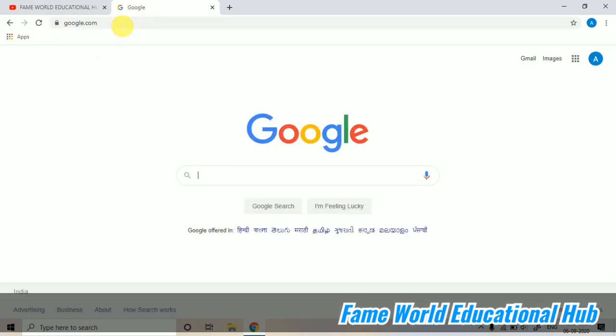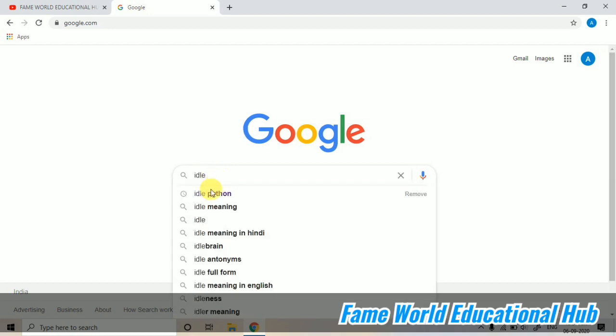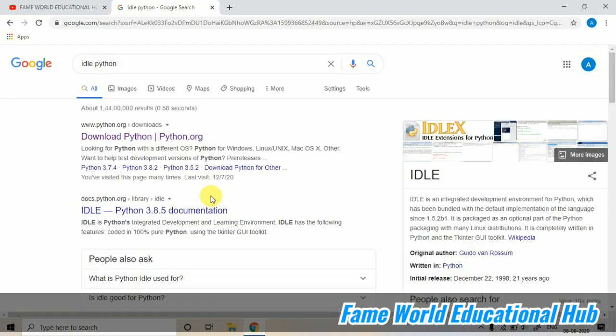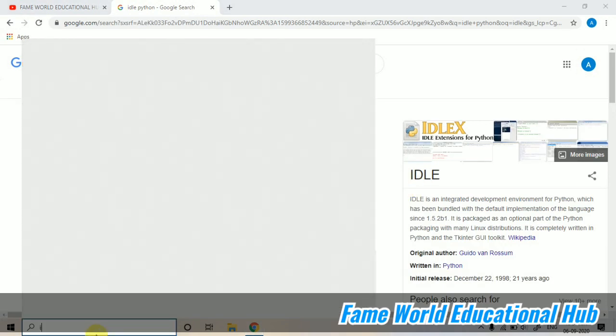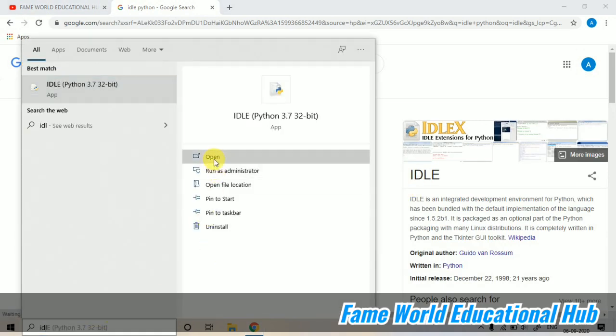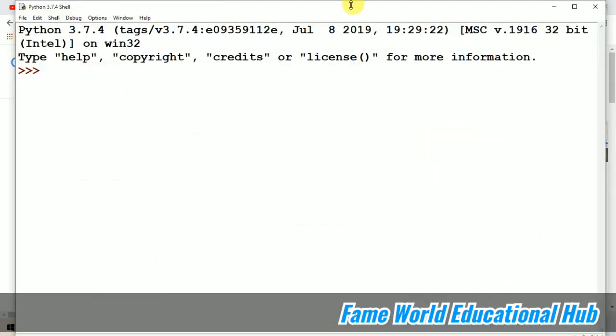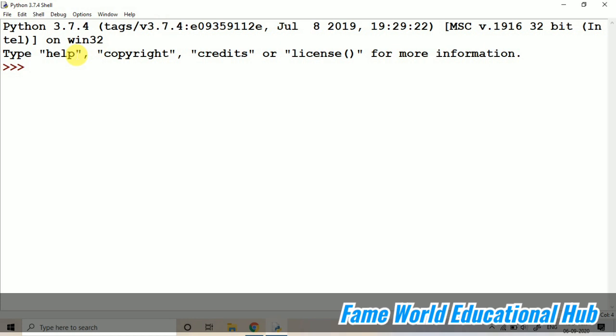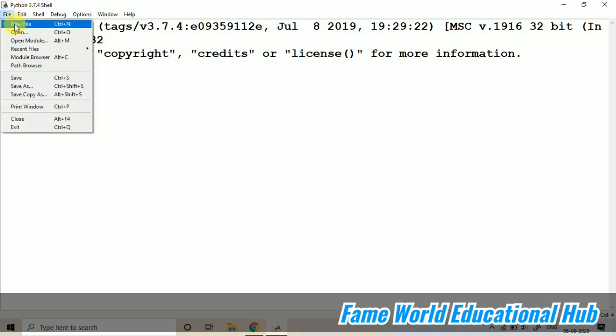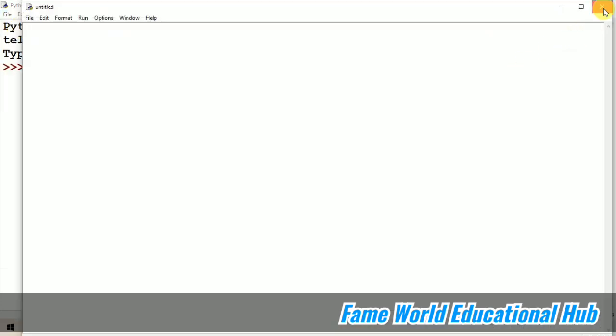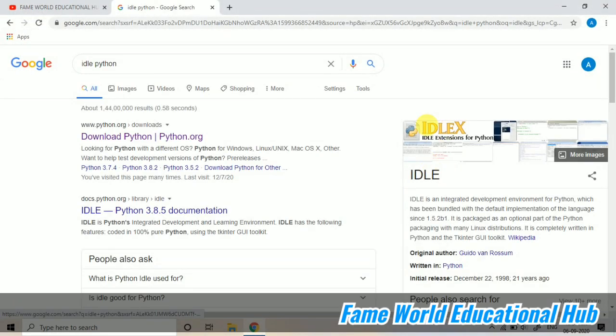Till now we were using IDLE, that was the default IDE which is provided by Python. So whenever you install Python into your system, the IDLE automatically gets installed into your system. So till now we were using this IDLE. This was the editor, you can say this was the IDE, that is the integrated development environment which we were using till now. And today onwards I am going to switch towards PyCharm.